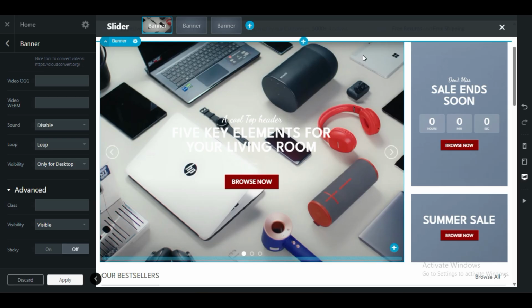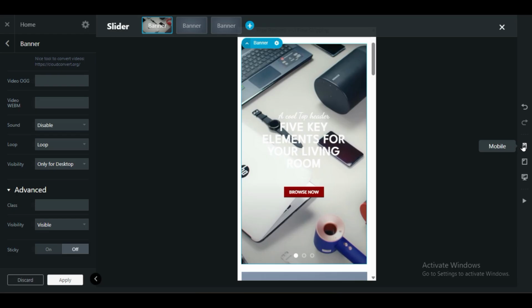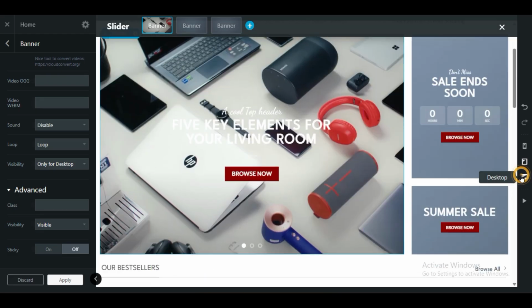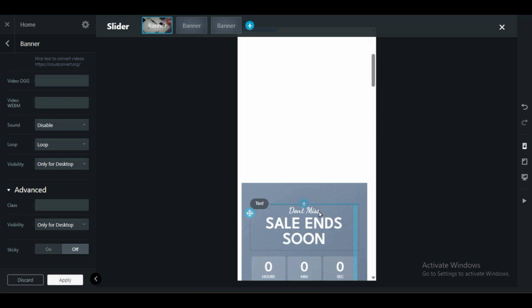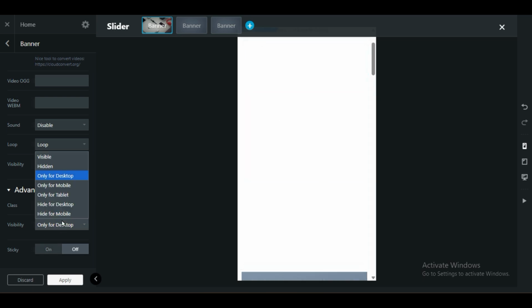Now this banner, where it should be visible, it is visible now on the mobile phone. In the sidebar on the right side here, you have an option, you can check for mobile, tablet and desktop. For example, you don't want to display this element or banner or image on mobile. I will select in the visibility only for desktop. The section is completely removed,